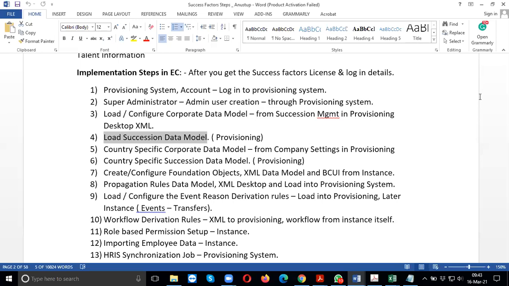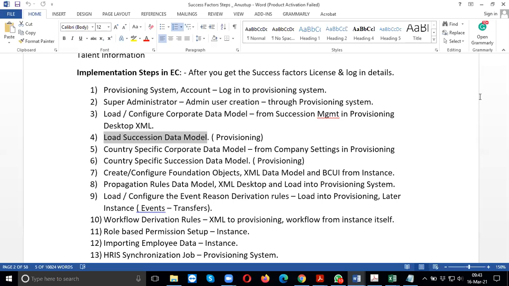So are you suggesting we do it in provisioning? I mean in the provisioning application, not the real instance? Yeah, we can do both. We can do it in provisioning also, we can do it in the instance also. And it's like a one-time activity, right? When first implementing, it will be done for the first time and then probably done manually, or how is it, Anuj? Yes, probably after that, in case you want to make any changes, you can do it manually.